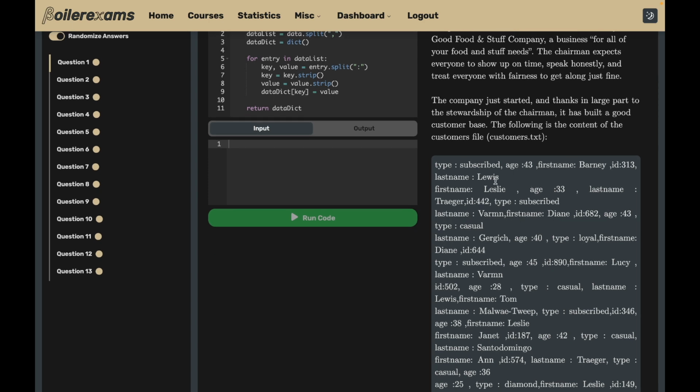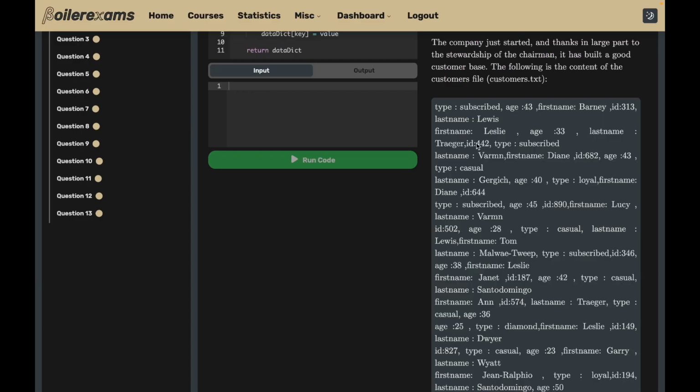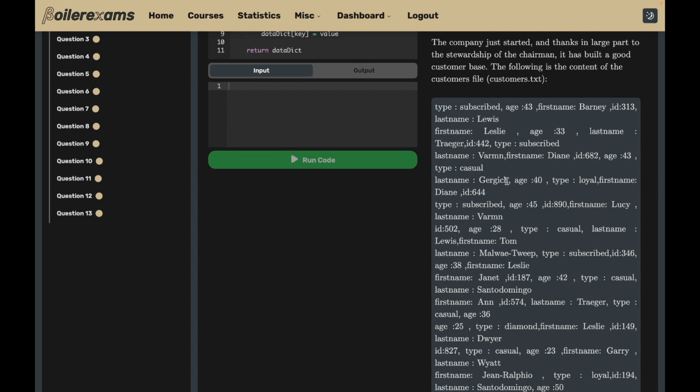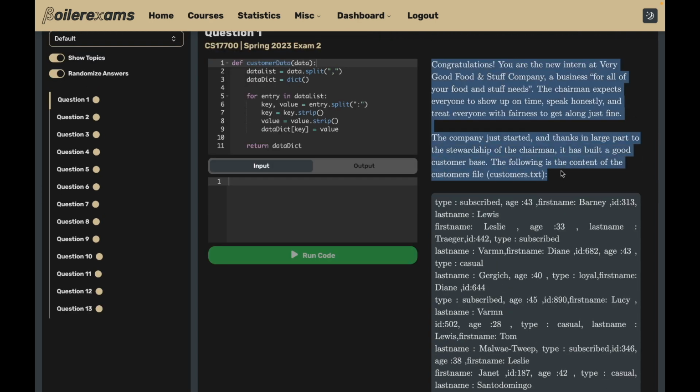And so we're given this code and customers.txt, and for you guys in the exam, it will be in a format that looks like this. The only difference between this and the one on the site is that it's contained in a wider box, I guess. That's the only difference, but it is the same content, right? And so the first two paragraphs in this question just talk about some random story,